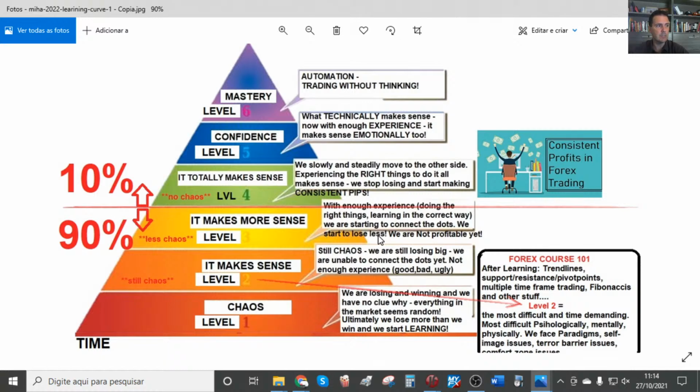We start to lose less. We are not profitable yet, but we start to lose less. It makes more sense. The things that we do on the chart, the trades that we are doing,